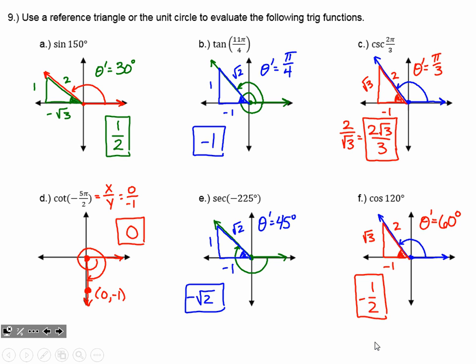Okay, obviously we want to be sure that we end up in the correct quadrant and that we label the sides. We have to know those ratios every time we make our reference triangle. If it's a special right triangle, we have to be able to label that ourselves. Otherwise, we won't be able to answer what's adjacent over hypotenuse, opposite over hypotenuse, things of that sort.